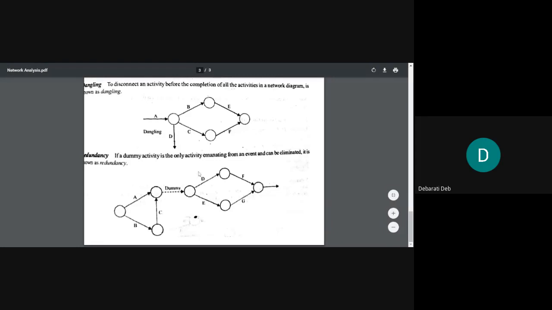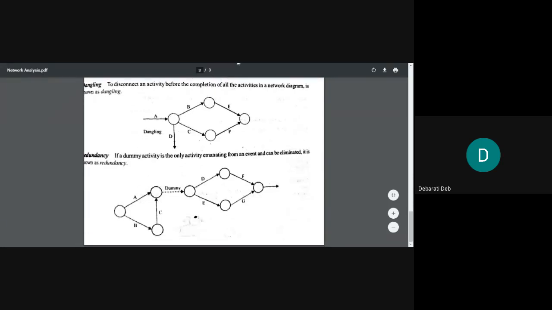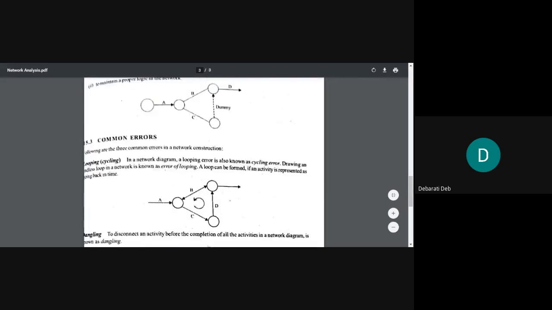This will be the look of a network analysis problem. Okay, it will look something like this. There will be events, there will be activities, there will maybe sometimes be dummies also. What is a dummy? We'll do it tomorrow. So all those things will be there, and the entire network problem will look like this. And within this network problem, you will have to draw the numbers. There will be mathematical calculation for solving this entire problem. Okay, we'll do it gradually. Once we finish our discussion, we will start doing the sums.